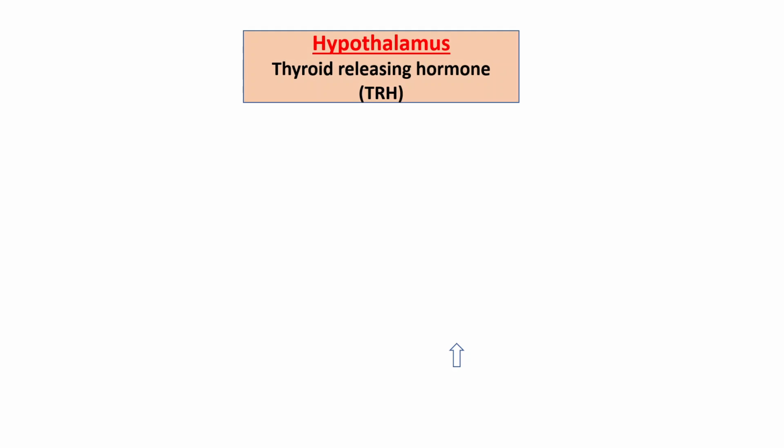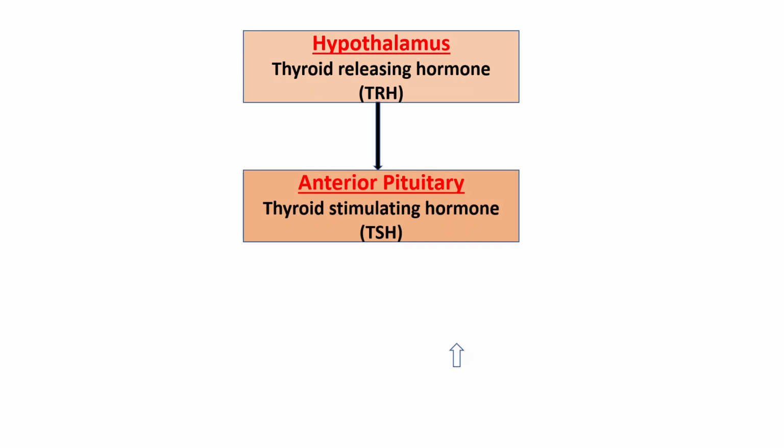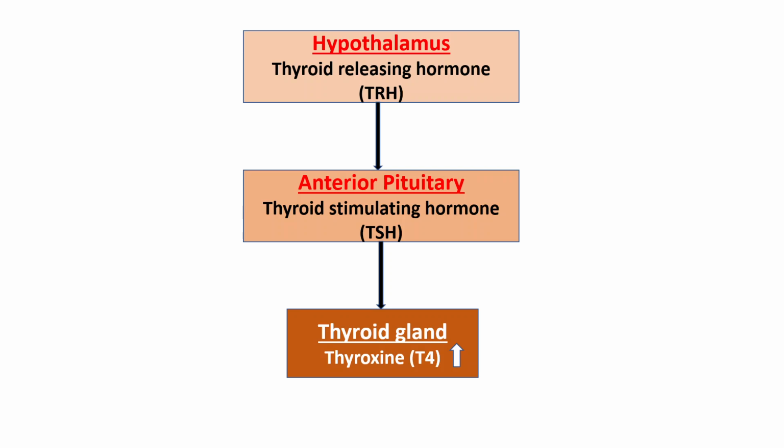See here, from the hypothalamus, thyroid releasing hormone or TRH is secreted, which stimulates the secretion of TSH from the anterior pituitary, which again stimulates the secretion of thyroxine from the thyroid gland. But if there is excess amount of thyroxine in our blood, we don't need the secretion of much more thyroxine. So what will happen? Then thyroxine will either negatively stimulate